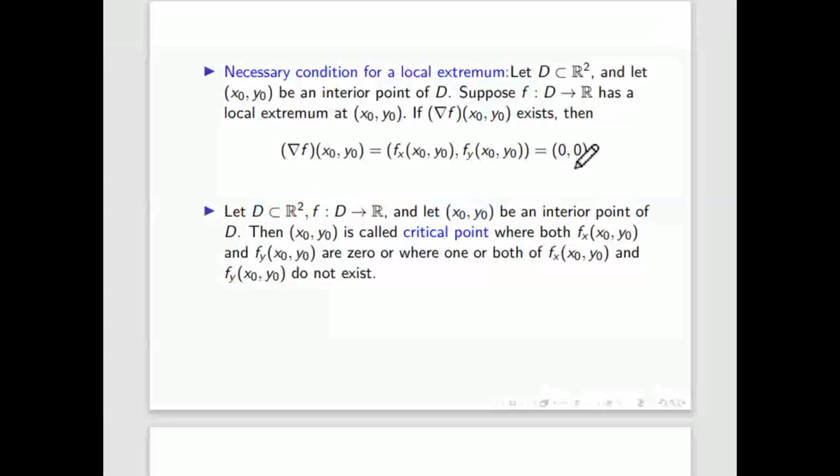Now if both the partial derivatives exist, if you put them 0 and solve, then you will get a point. Those points are called critical points. So the actual definition of a critical point is that (x naught, y naught) should be an interior point, and it is called a critical point if both the partial derivatives exist at that point and are 0. After solving this condition, whatever points you get, those are critical points. Or if the partial derivative does not exist at some points, then also you will call those points critical points. So we have seen that in two variable how to check the partial derivative at point 0, 0. We have found some value also.